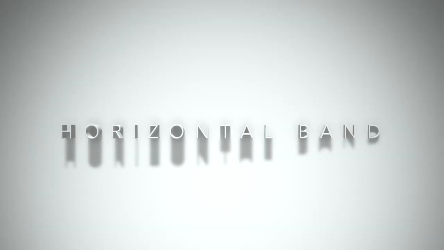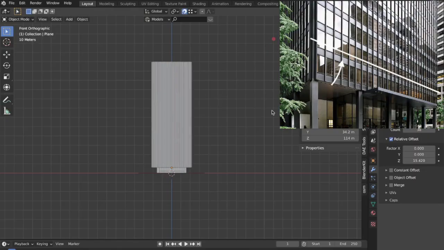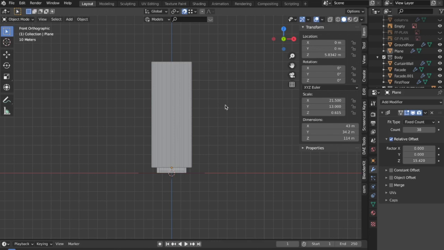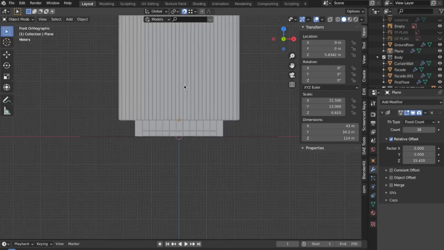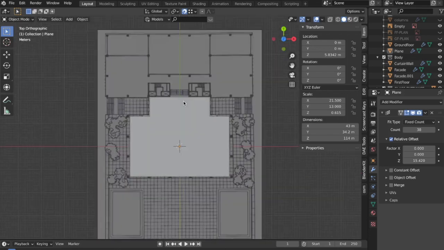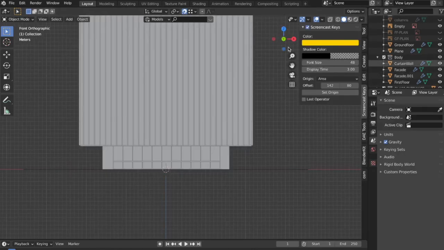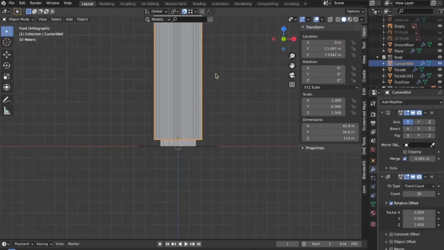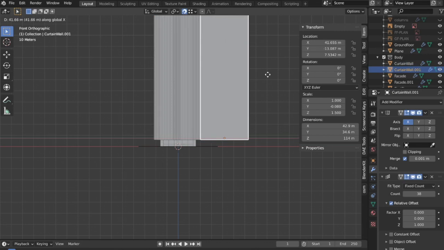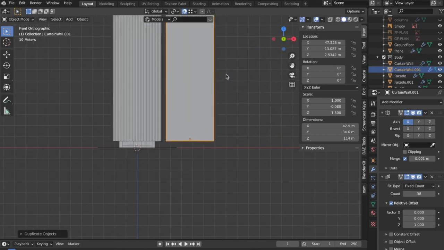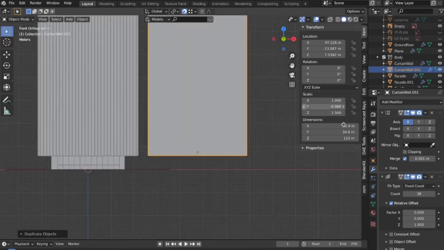Now if you can see this image right over here, there are these horizontal rings which run across the whole building, and I'm assuming this is to cover that slab part between the two floors and also maybe for structural support of these I sections. So for that what I'm going to do is I'm going to select this curtain wall over here and then press Shift D and then press X for now to make it to watch it differently.